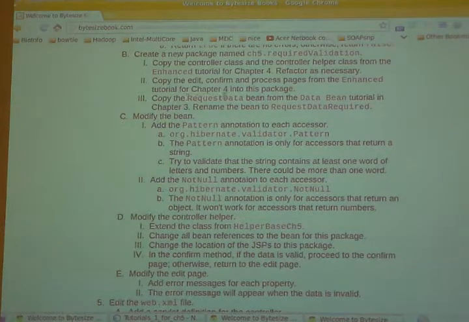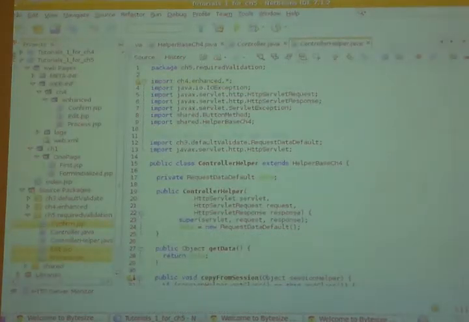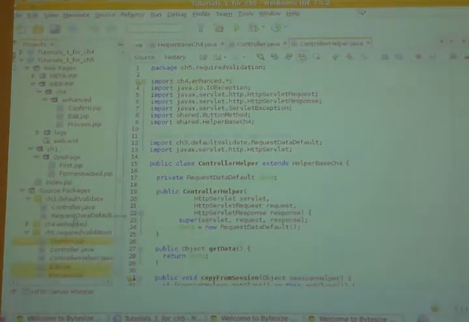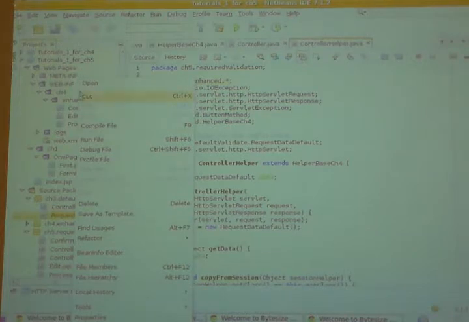Now we're gonna copy the request data from the data bean tutorial in chapter 3. Oh, God. We already have it in there, right? Yeah, you have it in there. And we're gonna rename it request data required. All right, so go to chapter 3 in NetBeans. There you go, chapter 3. Default data. Request data, now you're gonna rename it request data required. So rename,